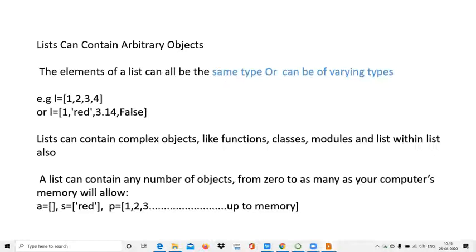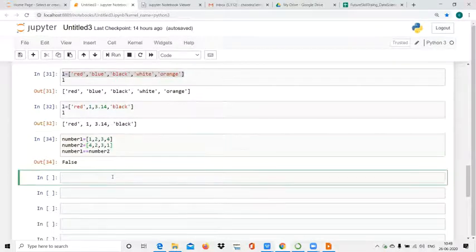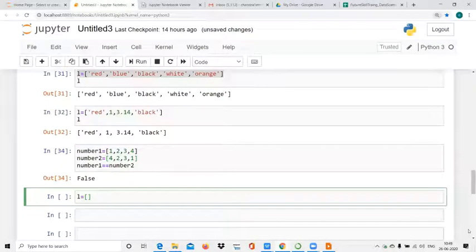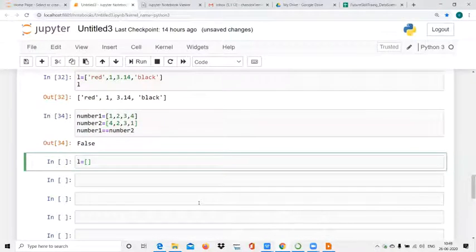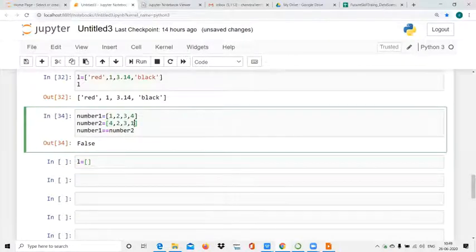So, see, an empty list is created like this. If L equal to this, so this is an empty list. An empty list is created. Okay, inside a list we can put, see, I am putting here. Within a list, I can put another list. Suppose I want to put here number 1. This is a list, number 1. So this is a nested list. Okay. This is a nested list.